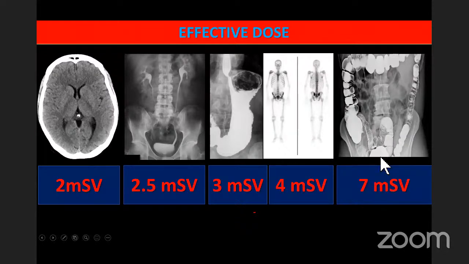Again, why? Because we have to see the rectum, the sigmoid colon, ascending colon, the hepatic flexure, splenic flexure, transverse colon, the descending colon. Individually, we'll have to take different exposures. So it will have a large amount of exposure, 7 millisieverts. See how severe it is. So whenever we ask for an investigation, this is why we have to be very careful, because we are exceeding beyond the limit of the exposure.